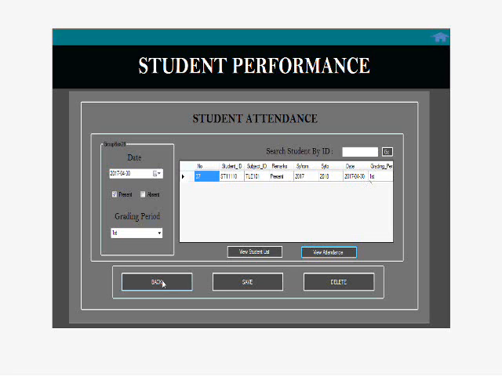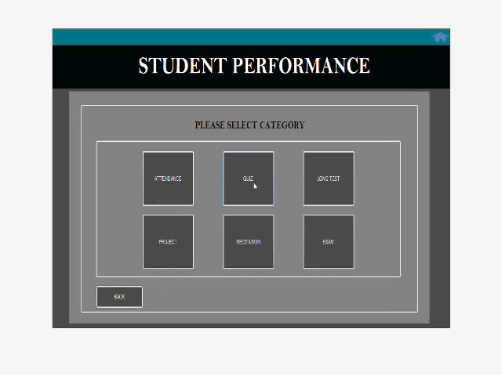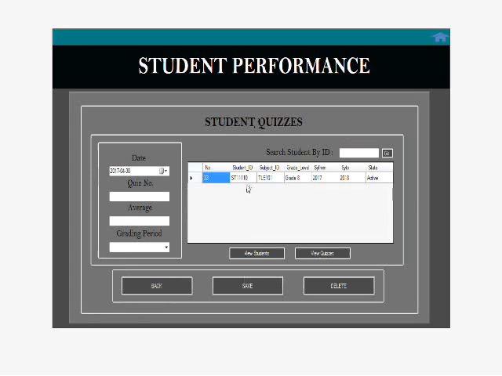And then just click back if you want to add another performance. So quiz. Just like on attendance, just click the student, quiz number, enter his quiz number 1, average or what he got on their quiz.